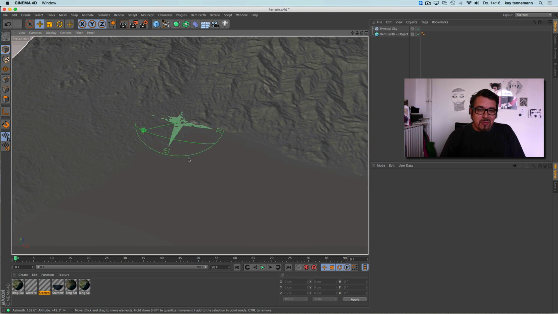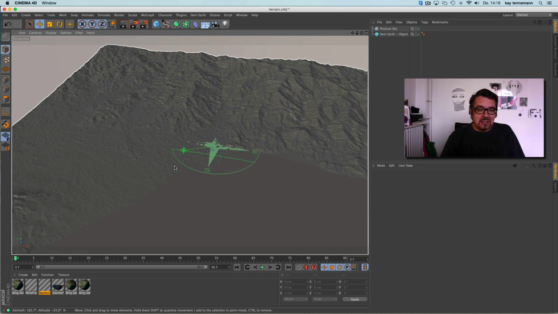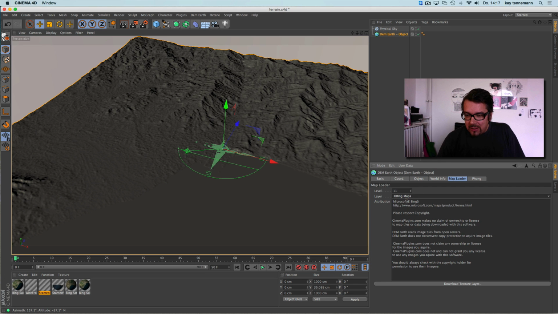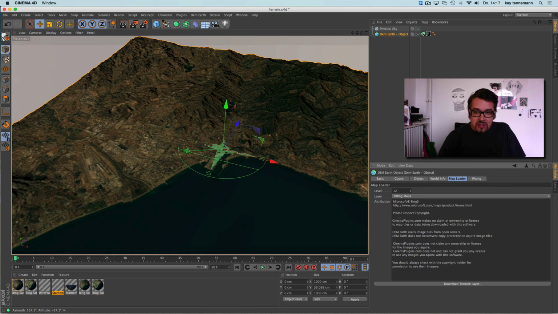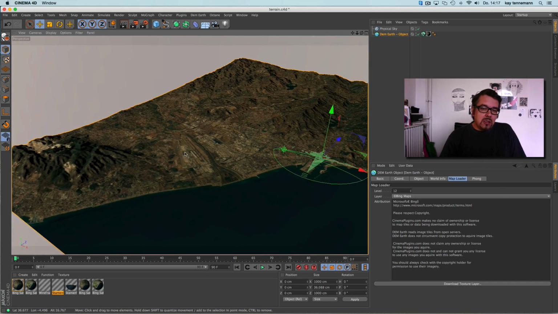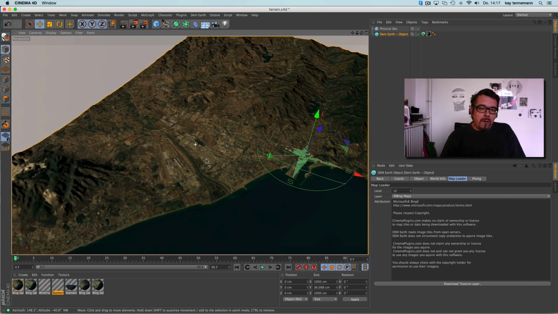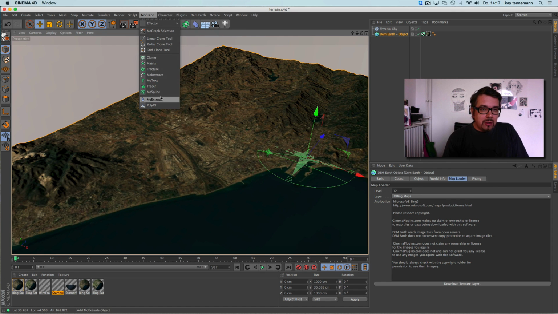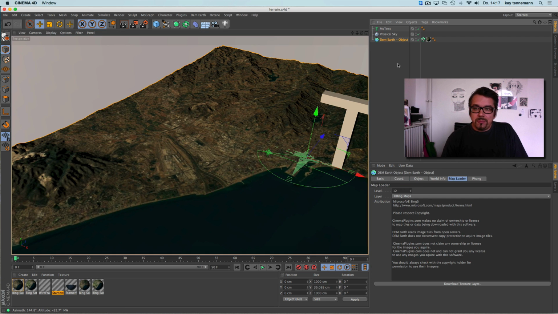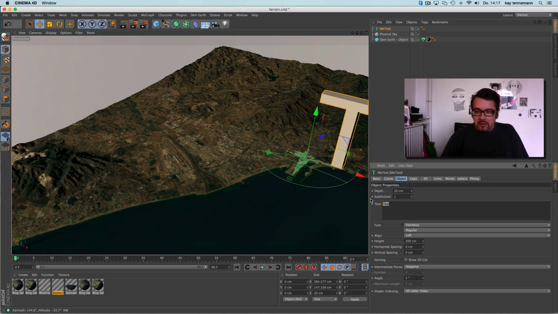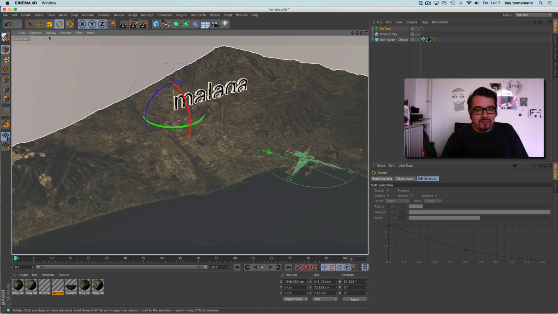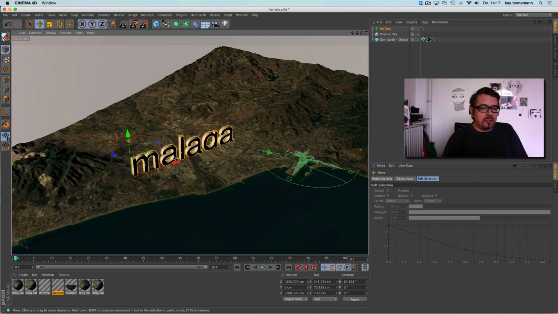For example, one thing we need always is, maybe this is the city, one of the cities we have to visit. So it's a texture for the Bing map. And now in our video we have to show what place it is. So I for example give how it is. This is Malaga.